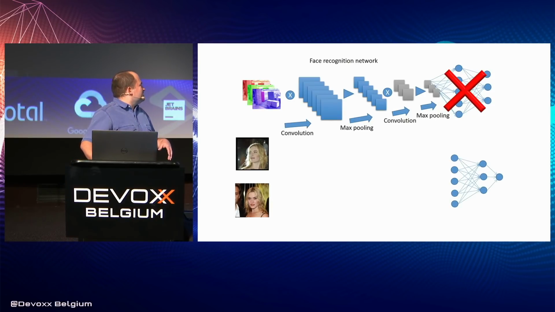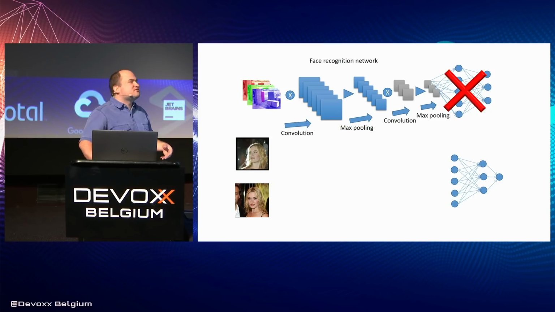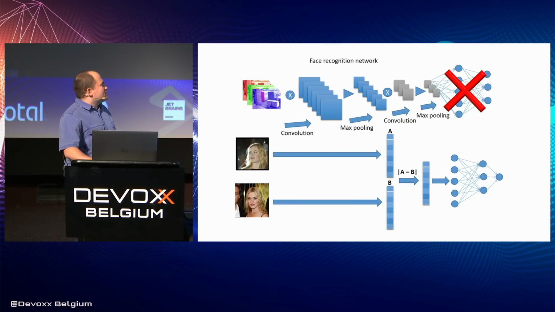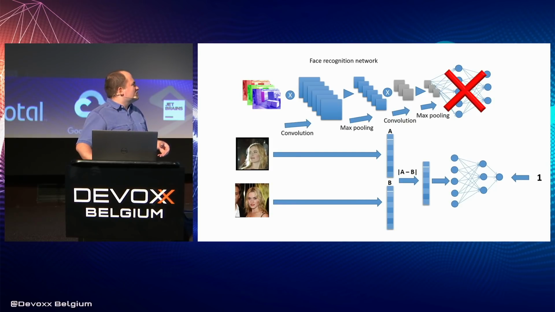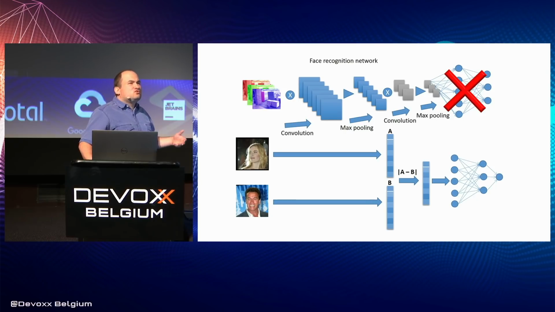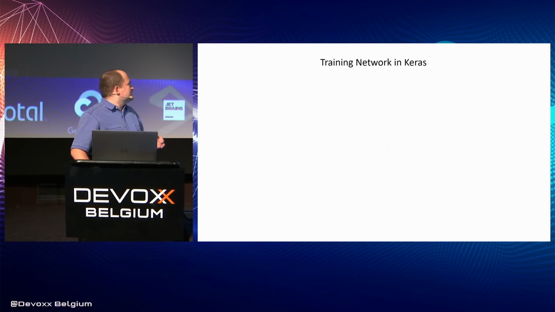And when we train our very small neural network, we feed the big network with 2 faces of the same person, take the feature vectors at the end, feed our new network, and for the same person, we put label 1, yes. And on the other hand, if we take 2 different faces, we say no. It's very simple, and we can do that now.